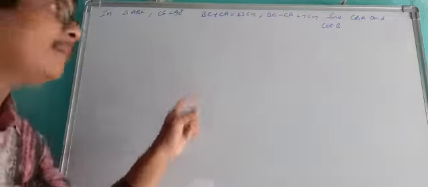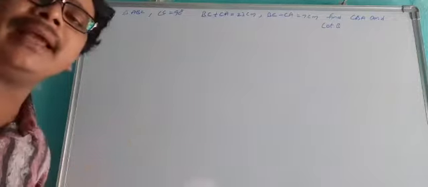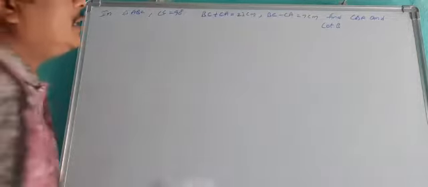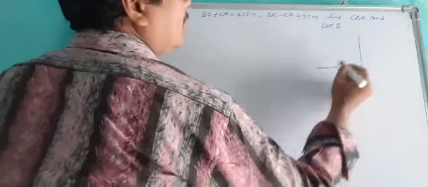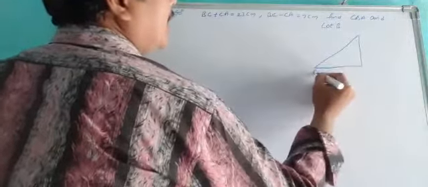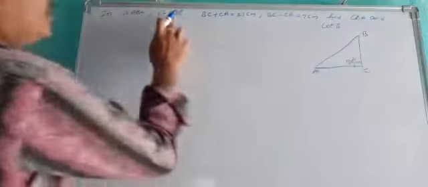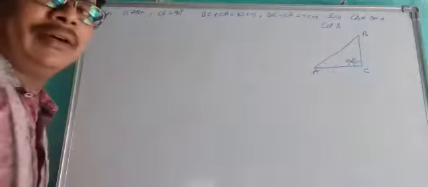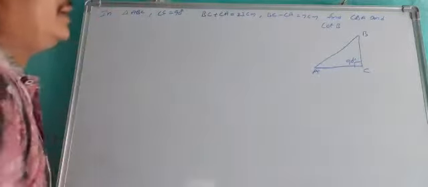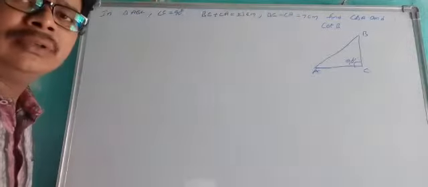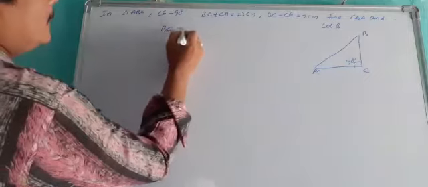The next sum, in triangle ABC. ABC is the right angle triangle. Angle C equal to 90 degrees. Okay, this is the right angle triangle A, B, C, right angle at C. Now we have to find cos A and cot B, with respect to these two equations. So you have to solve them.